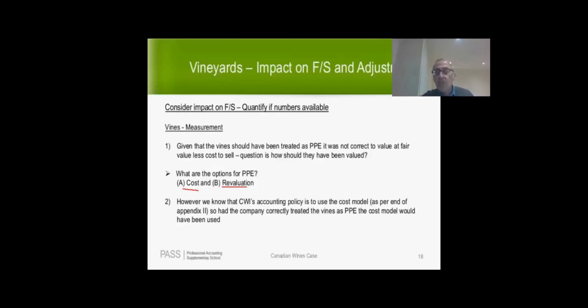using the cost model. Now, I was asking, can it be different since there are different classes? Yes, you do not have to use the same model for every class. But we're being told here that it is their policy to use the cost model for all PPE. So that's why I'm assuming that had they accounted for it correctly, they would have used the cost model. But you're right, that in theory, they don't have to, okay? The active market, Vanita, I think you're confusing this with intangibles. The concept of an active market is necessary for intangibles, not for PPE.